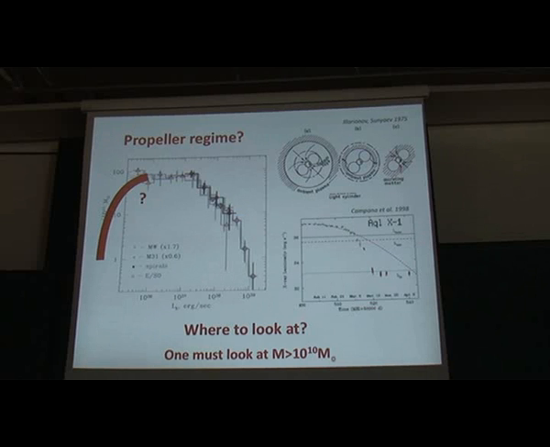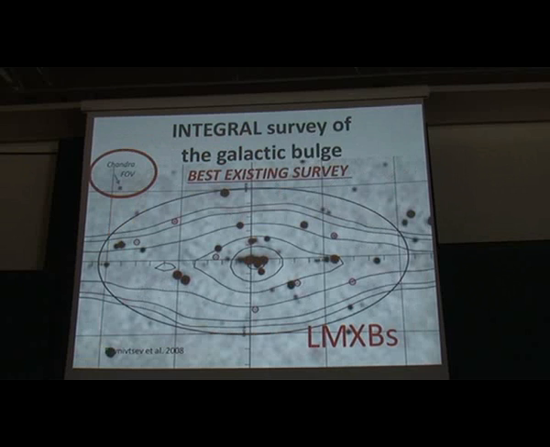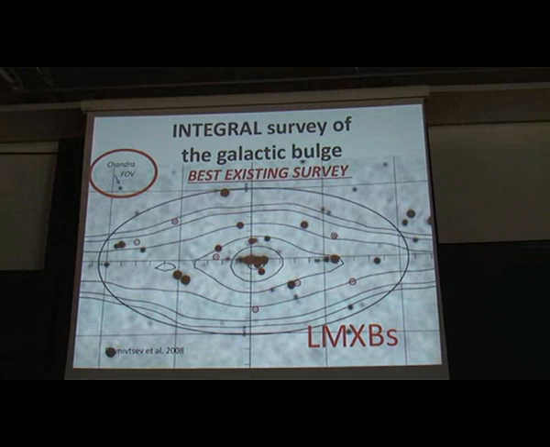And you can deduce what is the magnetic field of the neutron star in this case. If you go and look at the luminosity function, then you can deduce what is the average for the galaxy, for example, magnetic field of the neutron star. Because here you can only see it in transients, maybe there are some bias effects, but in the luminosity function all biases should be removed. Okay, and I was saying that this can be done with surveys, and this is a survey of INTEGRAL of the galactic bulge. Here you can see the shape, the approximate region of the galactic bulge, and this is an image from a deep INTEGRAL observation of this region.